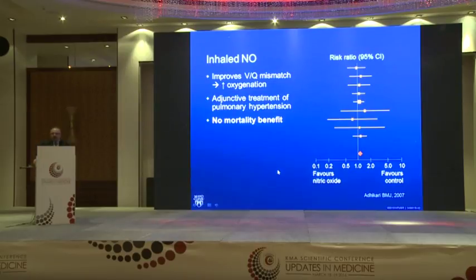How about inhaled nitric oxide? It is supposed to improve ventilation and perfusion mismatch. As you know, there is a significant part of the lung that is perfused, but there is no ventilation in that part. Nitric oxide goes to the ventilated alveoli and vasodilates those alveoli. Therefore, most of the blood shifts toward those alveoli that are ventilated, and the mismatch improves. As you can see, in a meta-analysis,